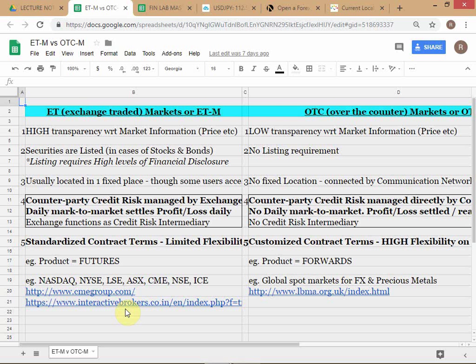Direct transaction. So here, think of a simple example: in many situations, you're the local neighborhood grocer who gives credit to each family. When you're buying regular supplies, the grocer might set up an account for you and say, you don't have to pay me every time you buy something, you pay me at the end of the month. You've seen the situation. That is also similar qualitatively. That is also like an OTC market transaction. So suppose you buy a lot of supplies from your grocer for the month. Let's say your bill is 6,000 rupees. At the end of the month, the grocer says pay up, and you don't pay up. Then that fellow is gone. He's lost that money, right? So this is an example of credit risk.